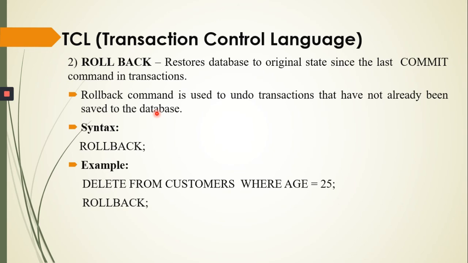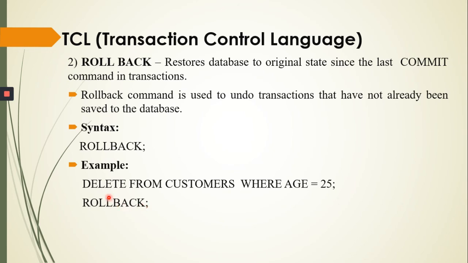Okay, it is also used with the save point command to jump to a save point in an ongoing transaction. Suppose we have used the update command to make some changes in the database. We use the insert statement, the update statement, the delete statement. Now after that we realize that those changes were not required, and we can roll back these changes, as they were not committed using the commit command.